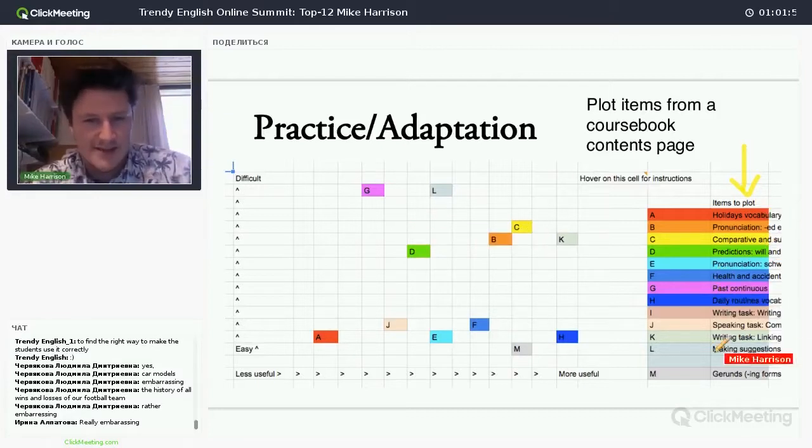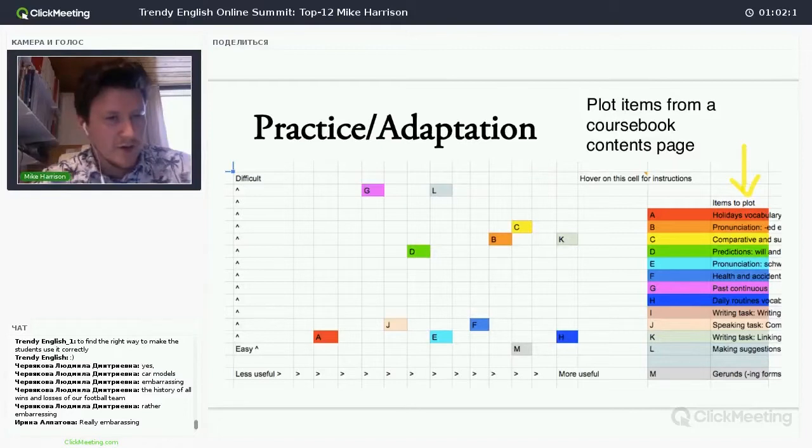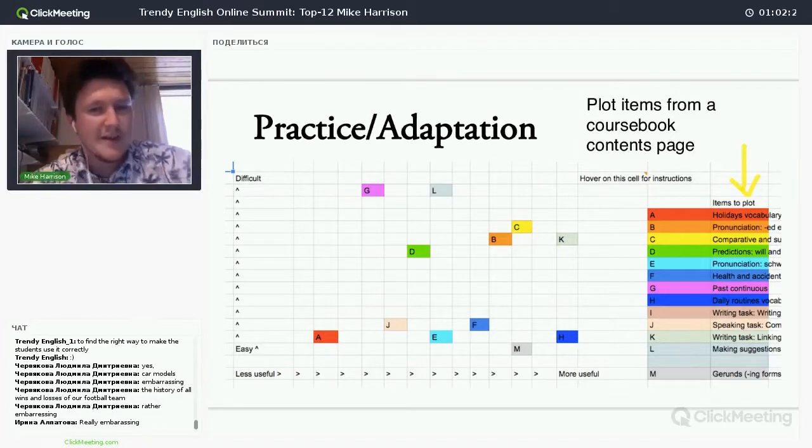And I should say that this is not a kind of definitive research project at all. It was just a quick thing I wanted to do to experiment with this adaptation of this model, to use it with fellow teachers for kind of planning purposes. So if you think about it, you have your coursebook, you have chapter 1. In chapter 1, maybe you'll have the holiday vocabulary. But maybe you think there's something more immediate, more useful to learn beforehand. And this would be a nice way to